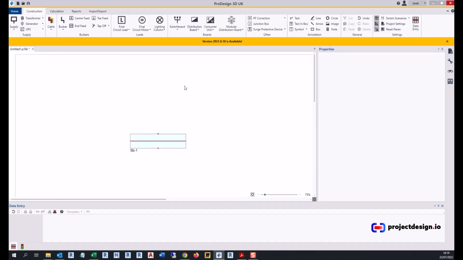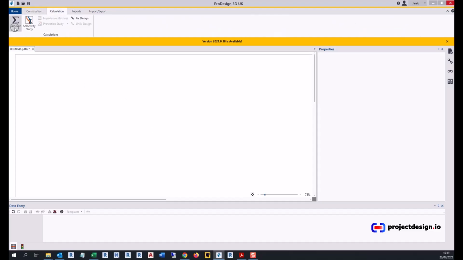I'm not going to go through the system. This is a high-level introduction of how the software is working, so I'm going to delete that. The construction tab, as per its name, is for you to build your system on your drawing space. When you build your system and you are ready to perform calculations, you go to the calculation tab, press to